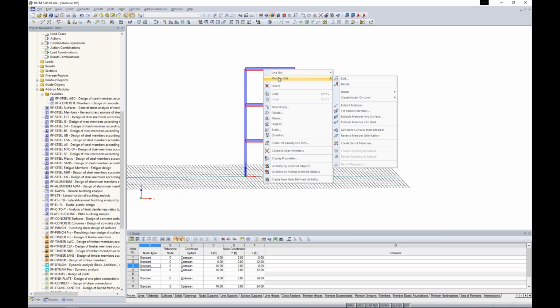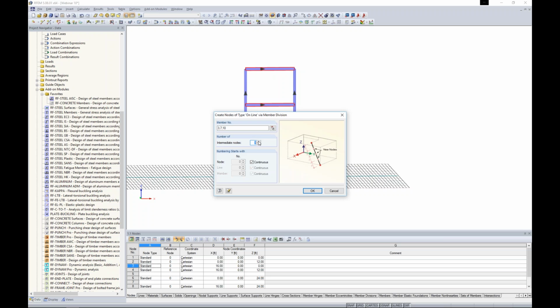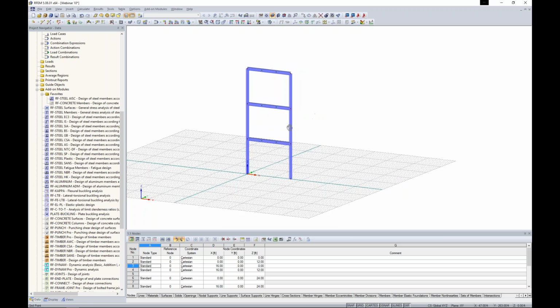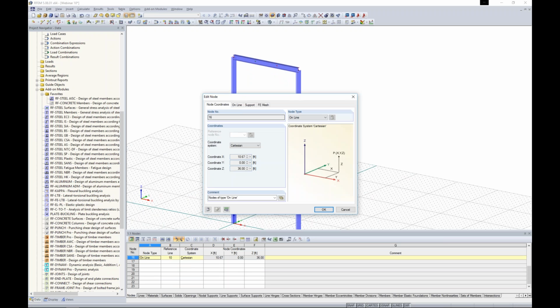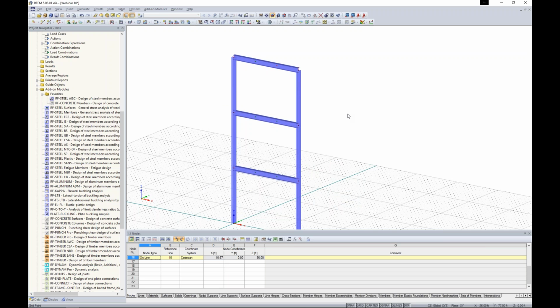Now the next thing I'd like to do is to select all of these members, and I want to right click under the member option. I will create nodes on lines and intermediate nodes. So here I'm going to add two intermediate nodes, and you'll see that this member is still a single continuous member, and these nodes, if I double click, are of the type online. You can see here we have either standard or online,